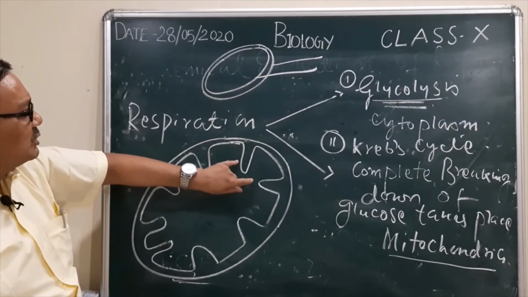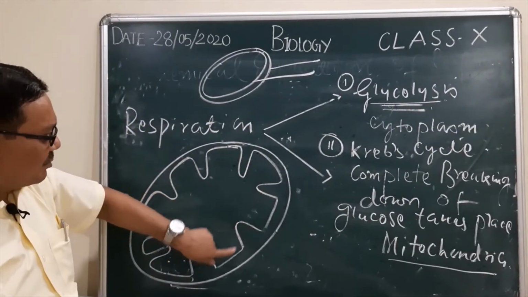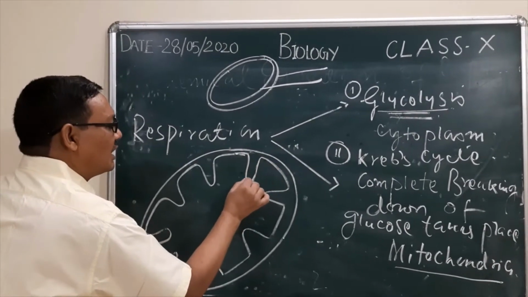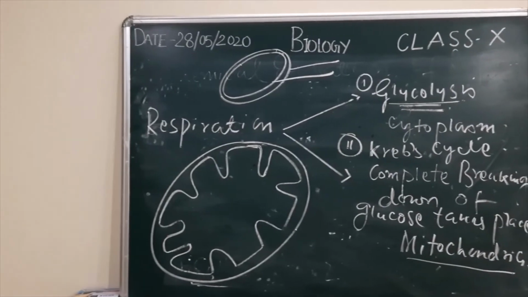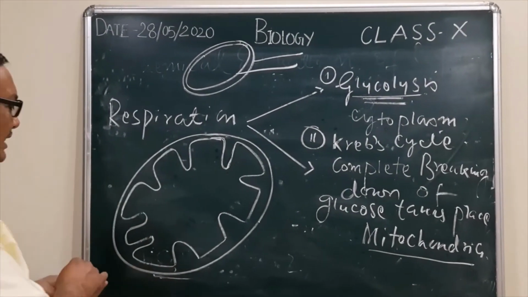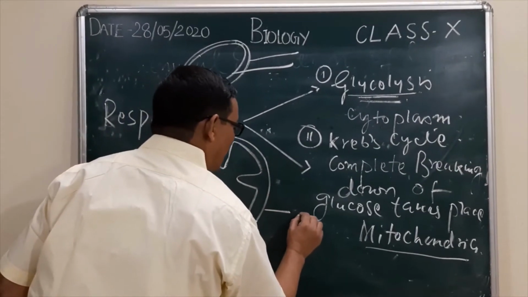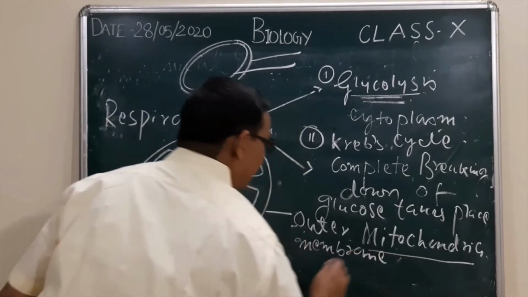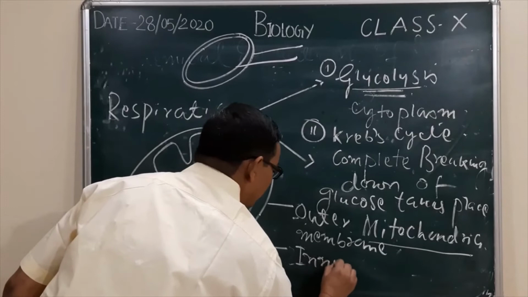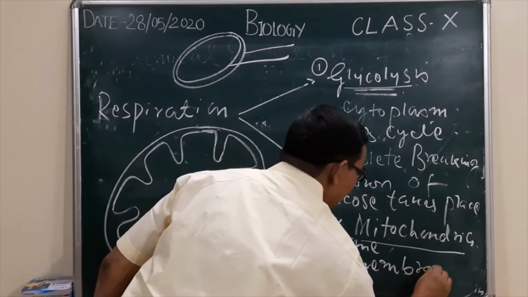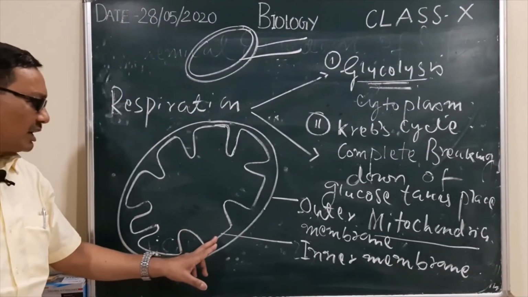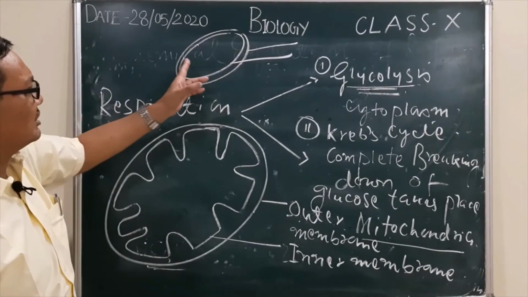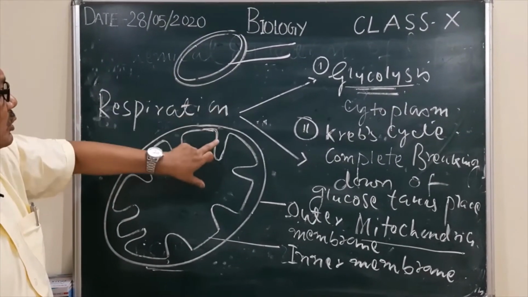But what happened here to this inner membrane? This inner membrane has modified into finger-like projections. That is the specialty of this organelle to facilitate the production of energy. This is the outer membrane, and this is the inner membrane. The inner membrane has modified. If you draw a simple double membrane structure, it looks like this, but here it is not looking like this, because